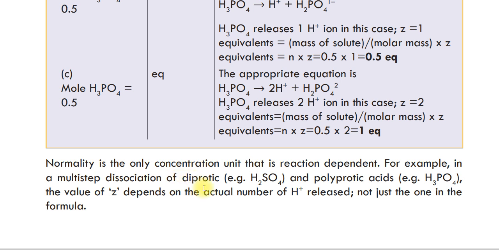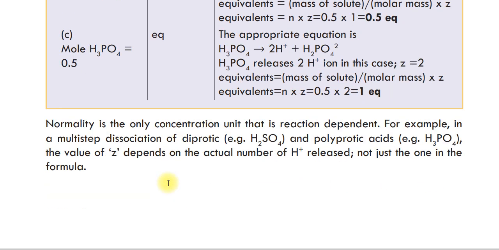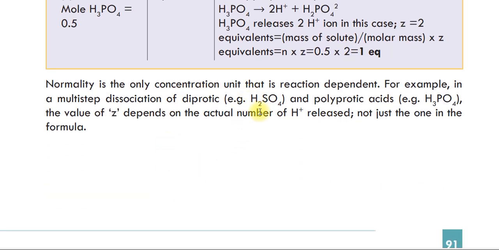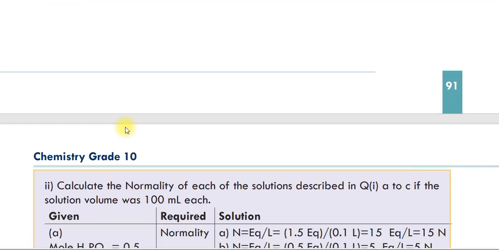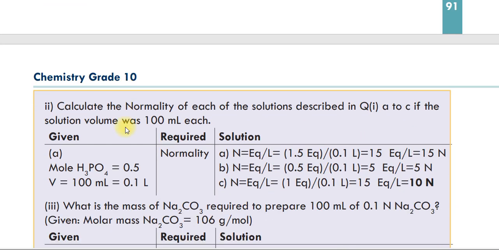For example, in the multi-step dissociation of diprotic acids, or sodium hydrogen sulfate or sulfuric acid, and polyprotic acid, that is H3PO4, the value of Z depends on the actual number of hydrogen released, not just the one in the formula. አሁን ሃይድሮጅን ሪሊዝ የተደረገው ምን ያክል ነው በሚለው ነው ዲፔንድ የሚሆነው ማለት ነው። ስለዚህ ኖርማሊቲ ሪአክሽን ዲፔንዳንት ነው ማለት ነው።